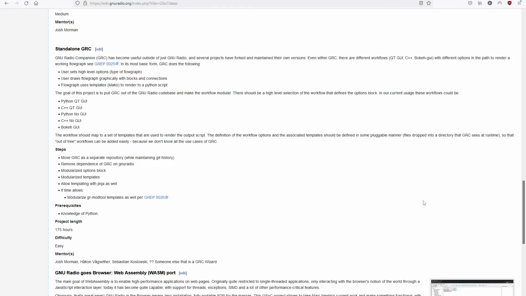Standalone GRC. GNU Radio Companion is definitely the tool which most people are familiar with when it comes to GNU Radio. If you've seen anything, you've probably seen GNU Radio Companion. However, GNU Radio Companion is currently implemented using the GTK library, and there's some limitations there. It's a little bit more difficult to package and run cross-platform. There's some native integrations that don't work so well, and generally, it's a fairly old code base,